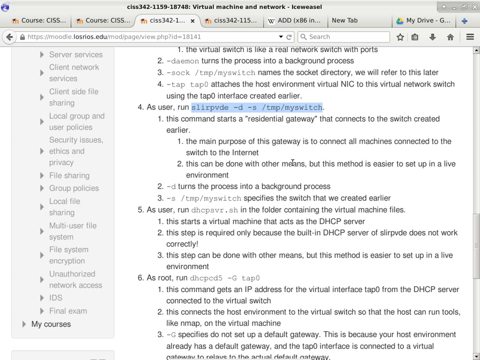But this computer does have an Ethernet port. It's not called ETH0, but I'm just going to call it ETH0 at this point. This is my actual physical connection to the outside world. So now this computer has multiple network cards, which is not a problem. It is not a problem to have multiple NICs on the same computer.